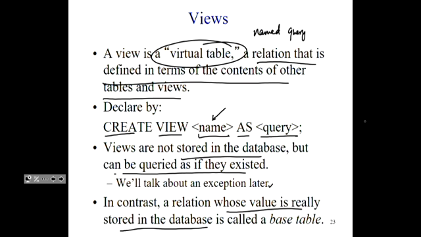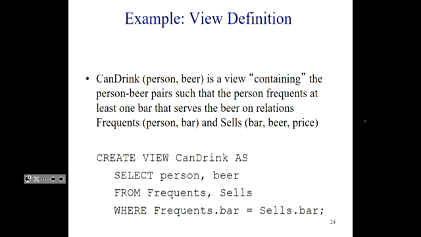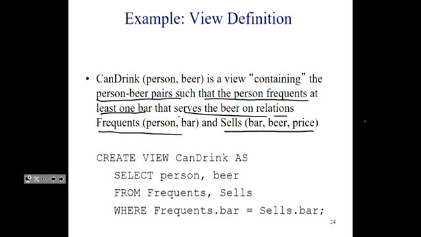Here's an example of a view. I want to find all of the person-beer pairs such that the person frequents at least one bar that serves the specific beer, using relations frequents and sells. The query is straightforward. I select person and beer from frequents and sells, where frequents.bar is equal to sells.bar. That is my